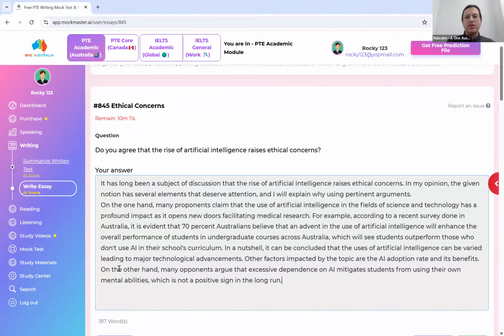So words like, in the long run, those are like phrases. So idioms or phrases. So those are also helpful in improving the writing vocabulary score, and you will be rewarded by the PTE software. Then you again continue to illustrate